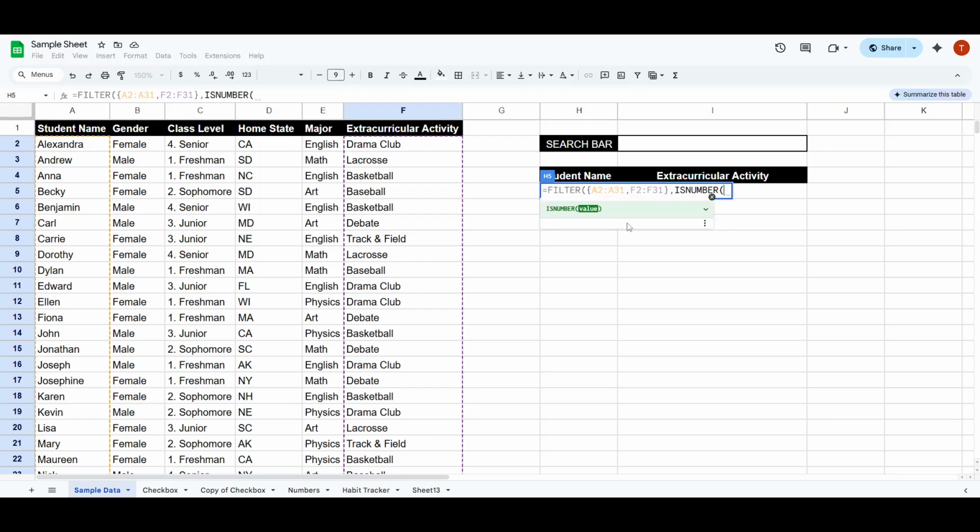Start by typing isNumber followed by an open parenthesis. Within this set of parentheses, we'll nest another function, search, which will initiate with its own open parenthesis as well. The search function helps us identify if the text typed into our search bar aligns with any extracurricular activities listed